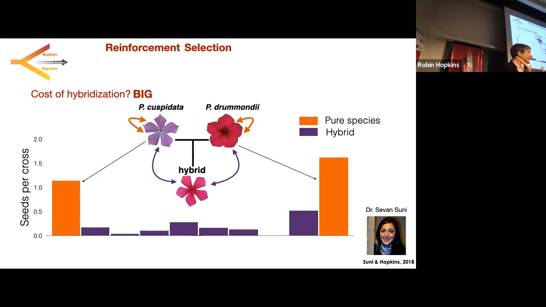From the best case scenario of about 50% seed set, to the highest case, it's complete pollen sterility of an individual. And so what we see is that indeed that cost to hybridization in this case is really big. And it's not that those hybrids do poorly ecologically, it's that they don't make babies, right? So that's a pretty big evolutionary dead end. So we have a potential for really strong selection to stop this cost.